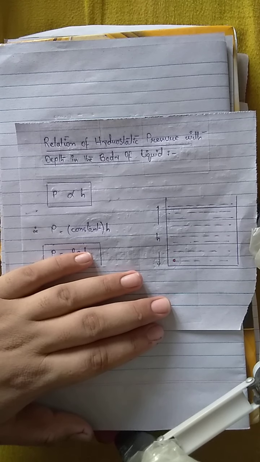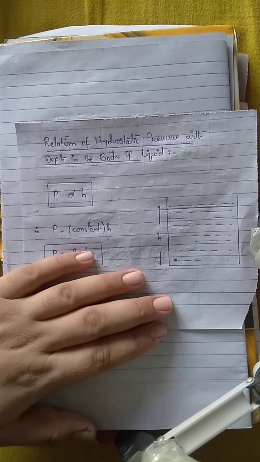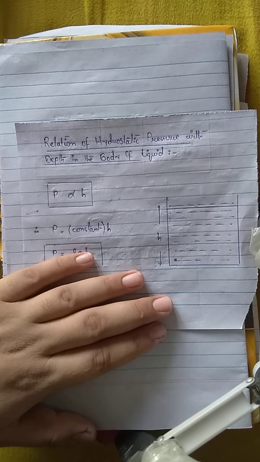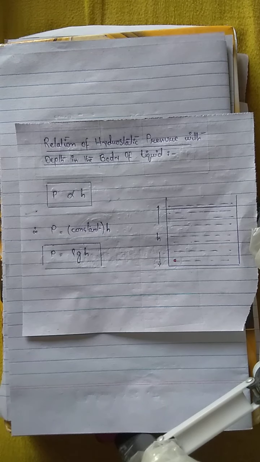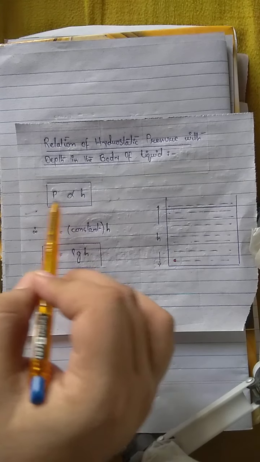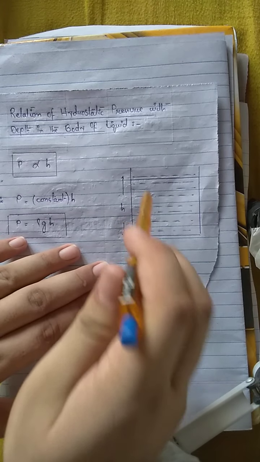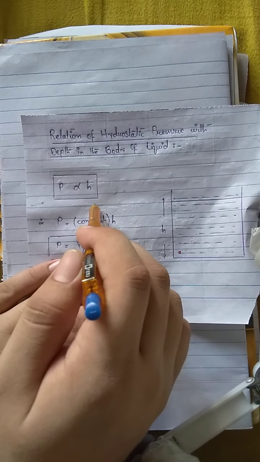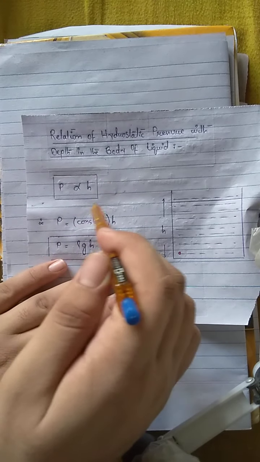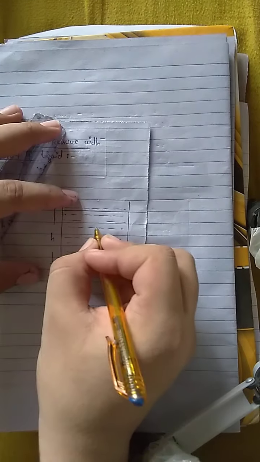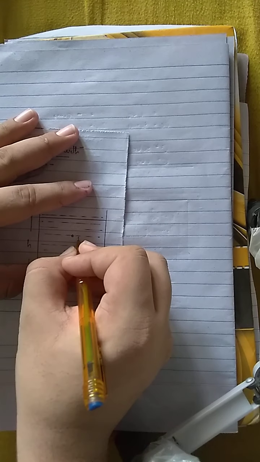If we want to learn the relation between the hydrostatic pressure and the depth of the column of liquid, then the relation is a direct relation. You can see here that the hydrostatic pressure which is exerted by the column of liquid is directly proportional to the depth of the liquid. It means the greater the depth of the liquid, the greater the value of hydrostatic pressure. For example, if this point, which is point 1, is lying 10 meters from the surface,